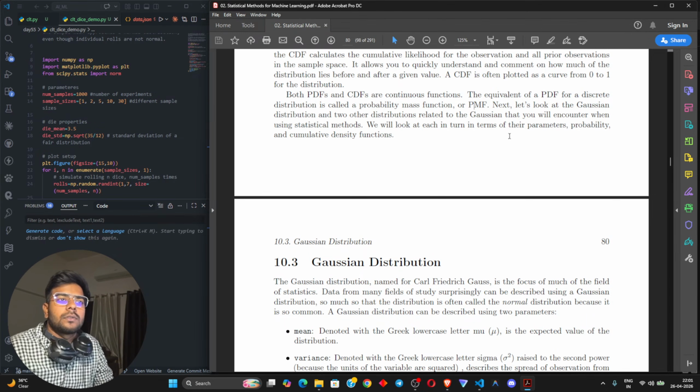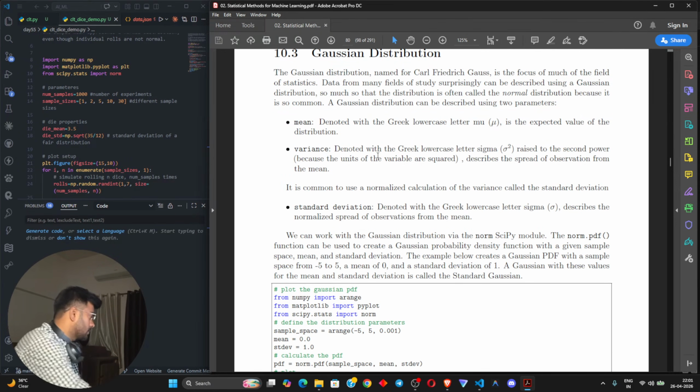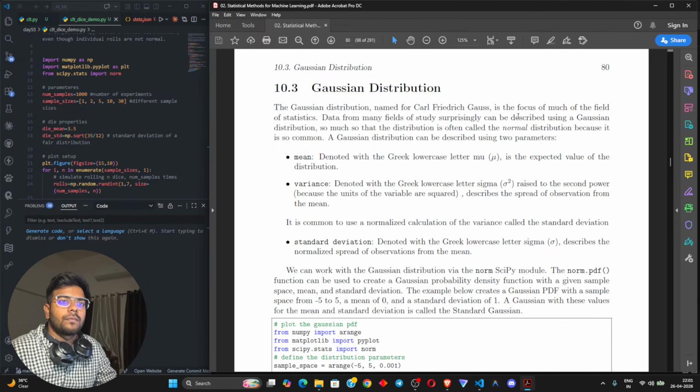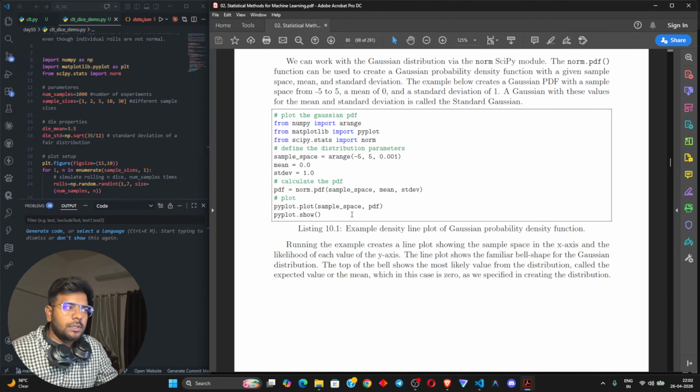We got each in terms of their parameter, providing an identity function, Gaussian distribution. Named after Carl Friedrich Gauss, the focus of much of the field of data. मीन, वेरियंस, स्टैंडर्ड डिवीजन पढ़ी हुई चीजें हैं, डायरेक्टली आगे